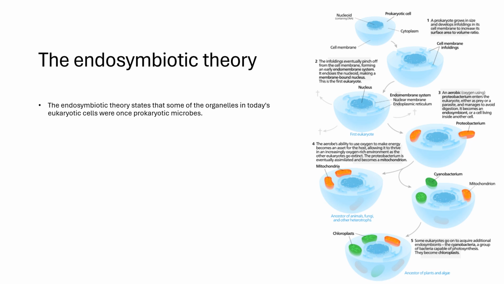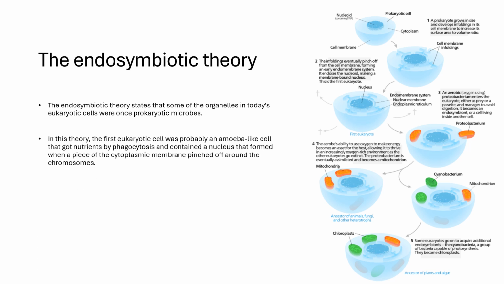What would have happened is that some of the prokaryotic cells somehow developed an internal symbiotic relationship with the eukaryotic cell or the early archaebacteria. So they might have got into these cells and both were benefiting each other in some ways, and thus they later on became organelles. We will see more details about the endosymbiotic theory now.